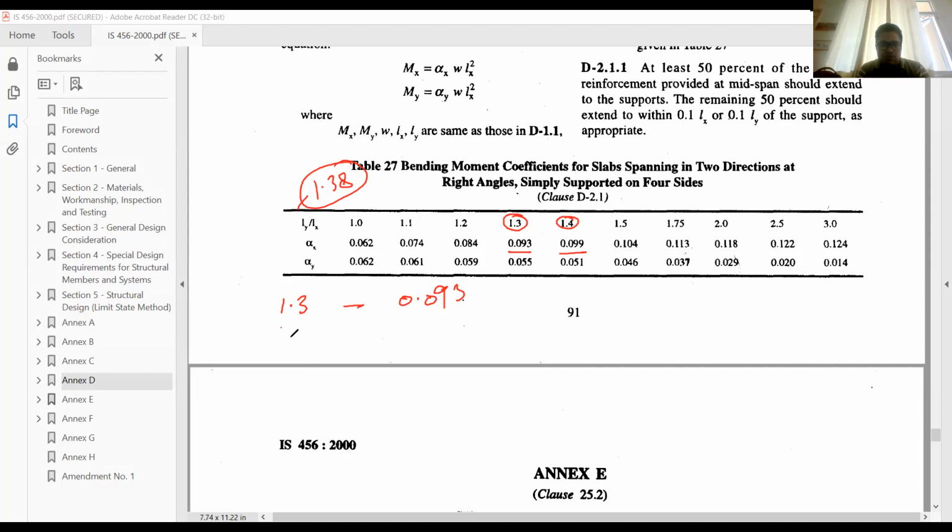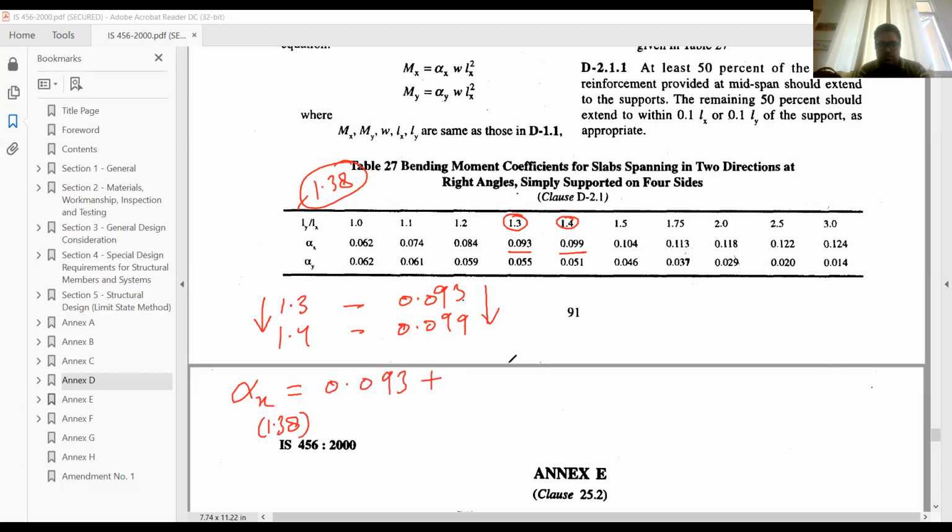Similarly, when it is 1.4, it is 0.099. So we see that as the value is increasing, the value of alpha x is also increasing. So here the alpha x value for 1.38 aspect ratio will be